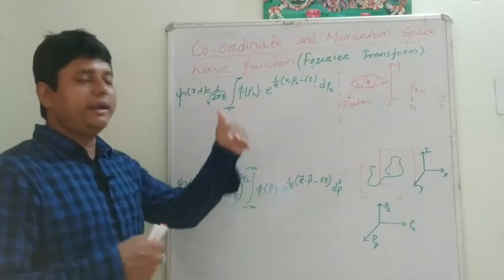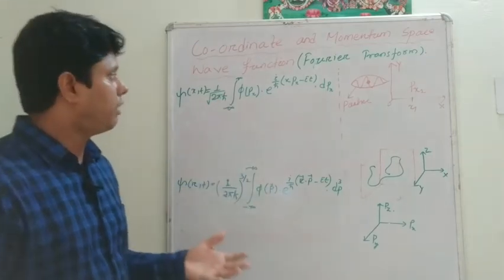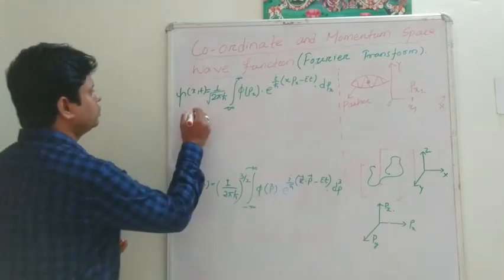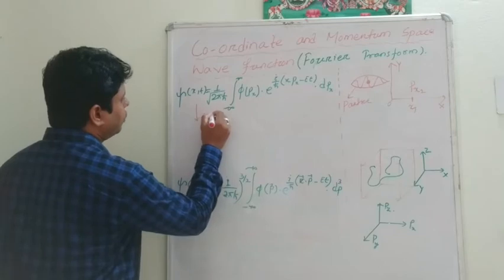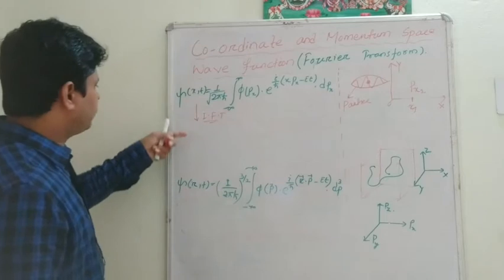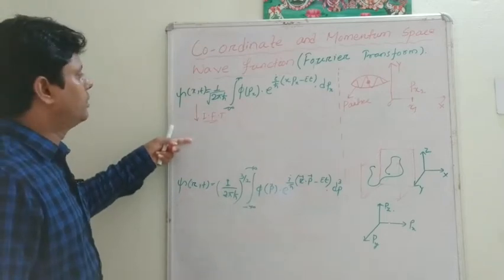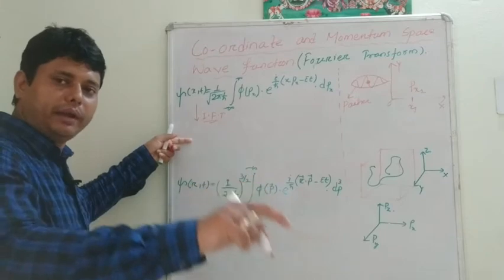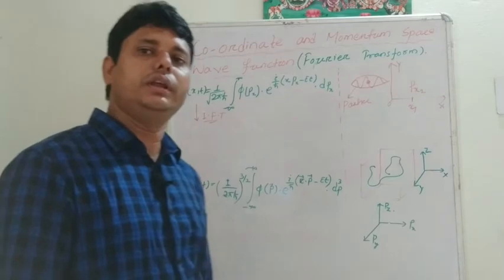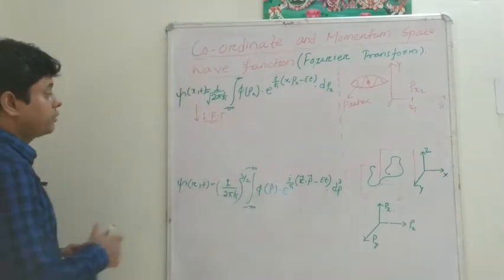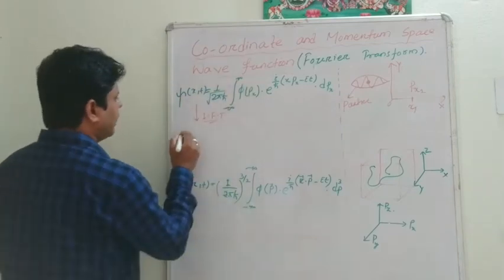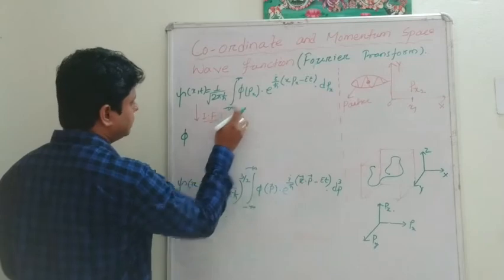So if it is so, also we can consider a momentum space. So in momentum space, the wave function of the particle will be found if we do the inverse Fourier transformation of this one. Then we can find the one-dimensional wave function in the momentum space. This is, we are going to get the three-dimensional wave function in momentum space. So if we do the inverse Fourier transform of this one, then it will be phi, this will become over here.